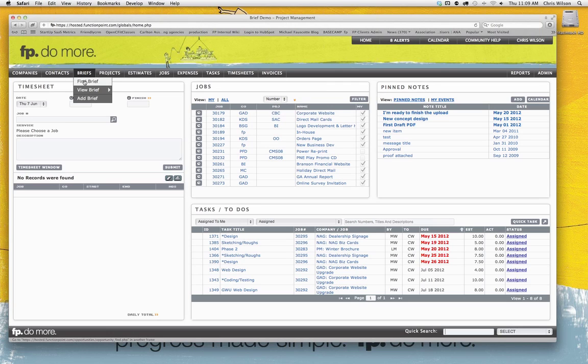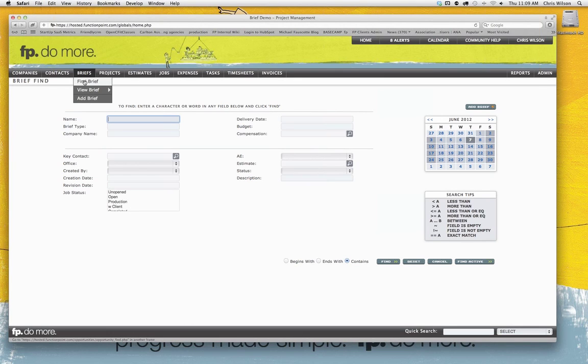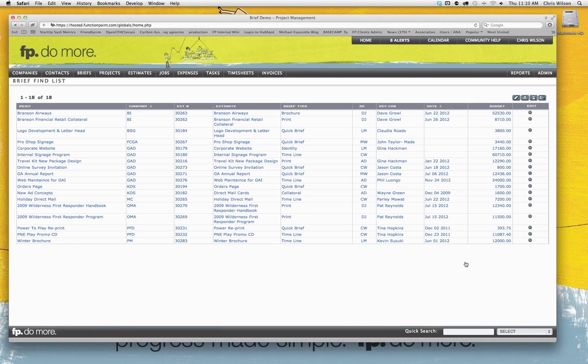So as I mentioned, it follows the 3 standard pages. You can come in and, of course, look to find specific briefs within Function Point without regard to the other silos. You could use the name or brief type. You see the specific fields from the Find screen here, including Account Executive. And one of the new items that we've put in is that you can also do a search under Find Active that relates to the job status of the associated briefs. So the briefs are obviously related to a job, and this Find Active will find all briefs that are related to current active jobs that you have on the go in your studio.